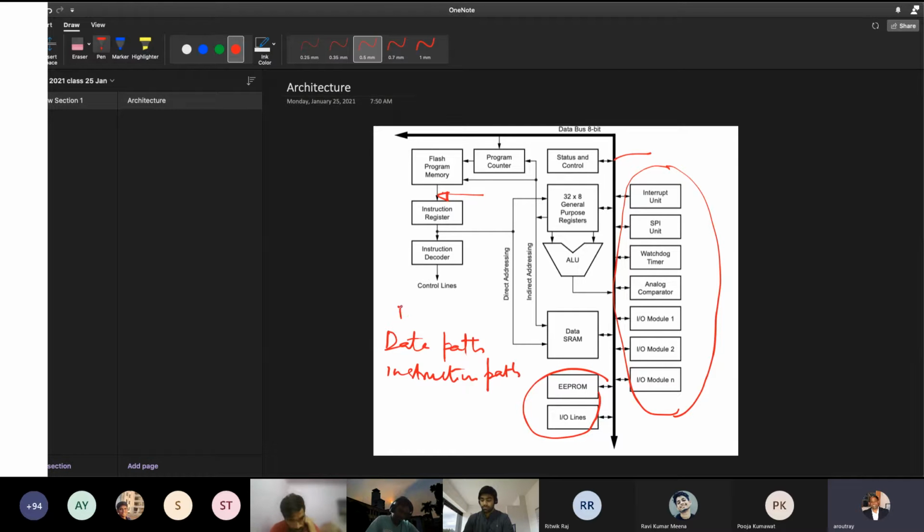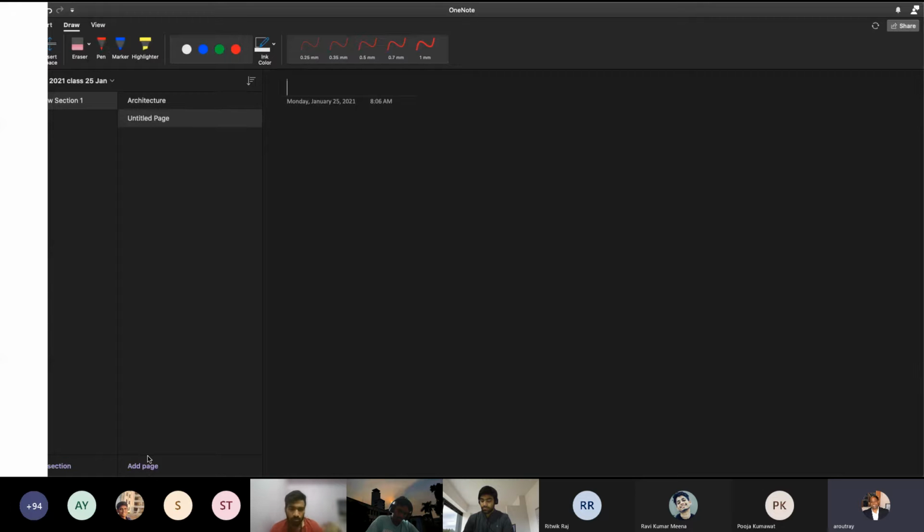So this is inside the CPU. Inside the CPU means this is inside the CPU. On total, the microcontroller looks like this. Okay, so you can refer to the other figure which is here. This is the total architecture of the whole chip. You can refer to figure 2.1 if you like. So this is the total architecture of the microcontroller, figure 2.1.